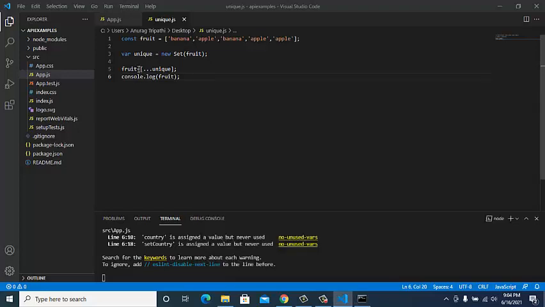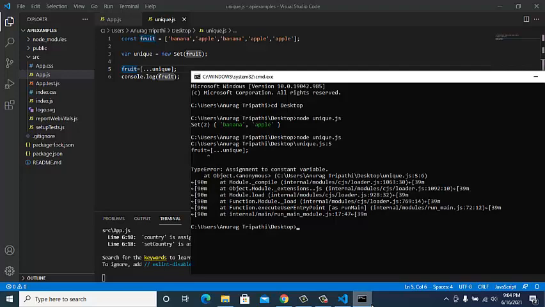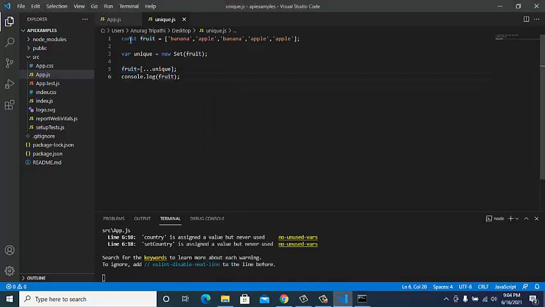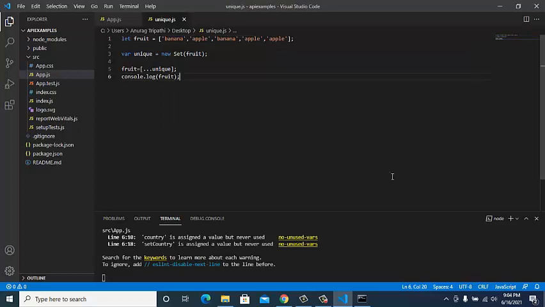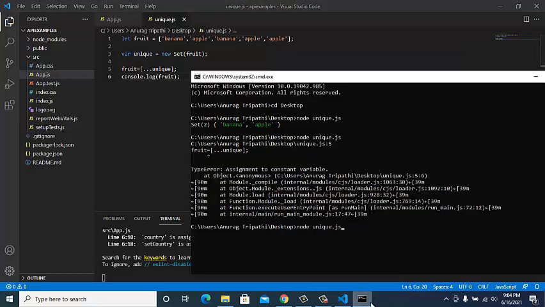Oh, assignment to constant there. I'll fix that. Okay, so you can see it over here. Now we are getting banana and apple in our array only.